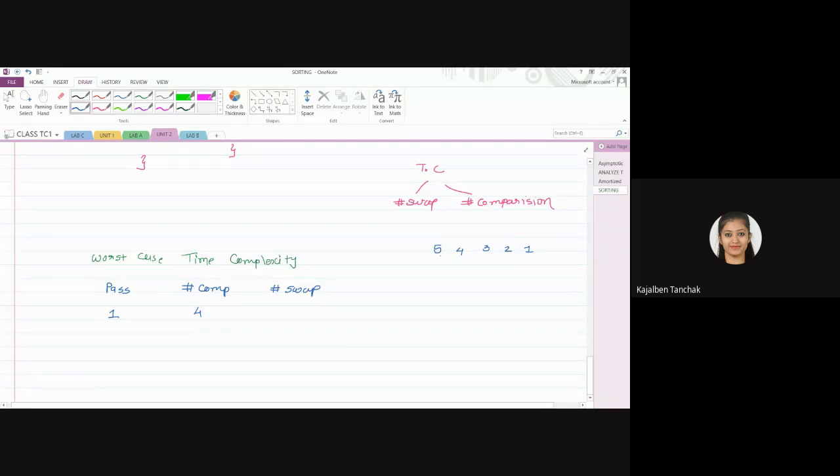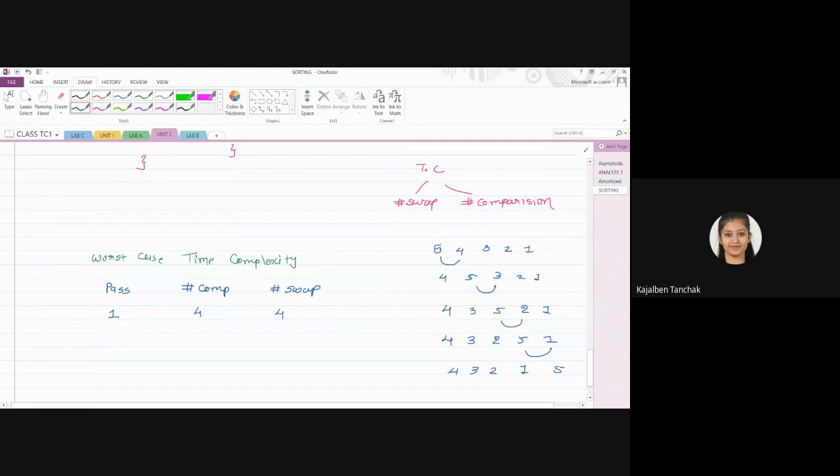So here you can check, you will compare these two, so this you have to change. Again, you will compare these two, then again you have to change. Right? If you compare these two, then again you have to make the changes. You have to do the swapping. Again, you will compare this. So again, you have to do the comparison, right? So in this case, we have made 4 comparisons and 4 swaps, right? Because this is the worst case.